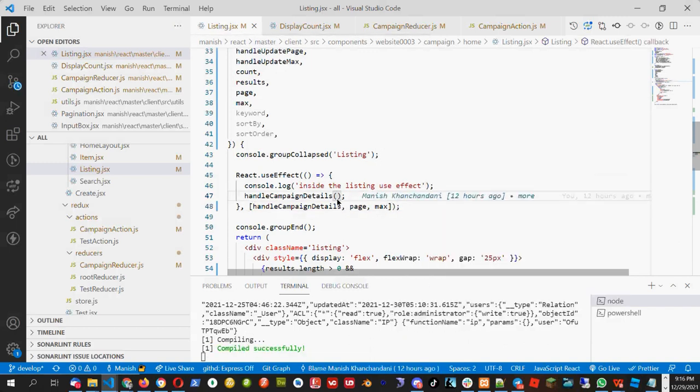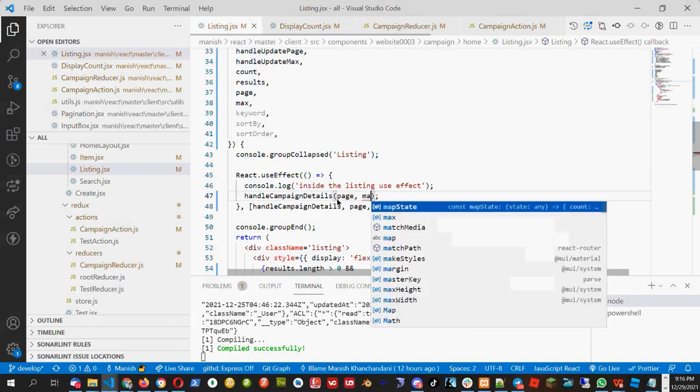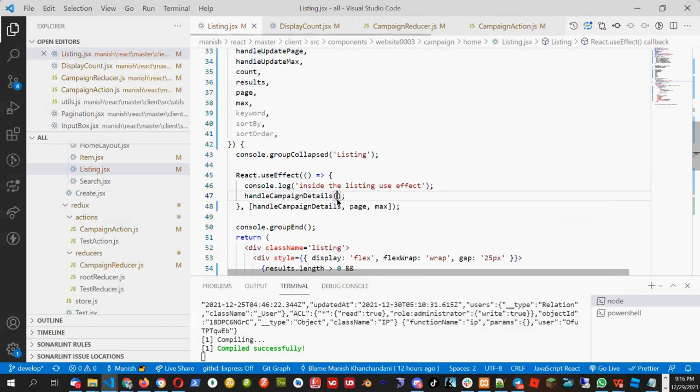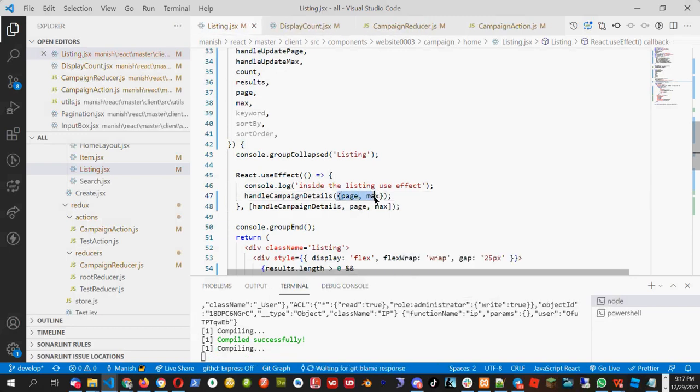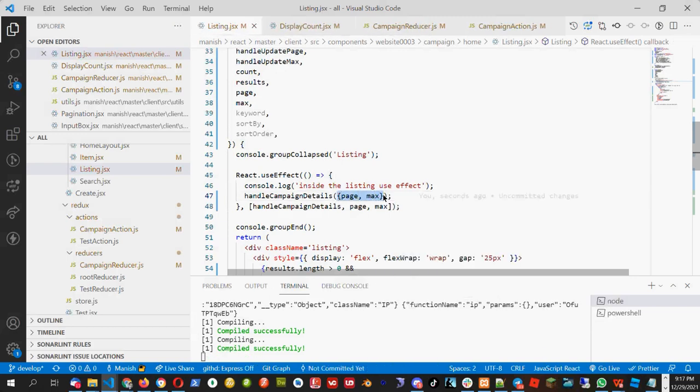Then we need to pass it here. You can pass it like page and max, or you can create an object and pass page and max in it. The object is better, because then it will be easy to retrieve it. Otherwise, the first parameter should match the first parameter, the second parameter should match the second parameter. That will be the problem.